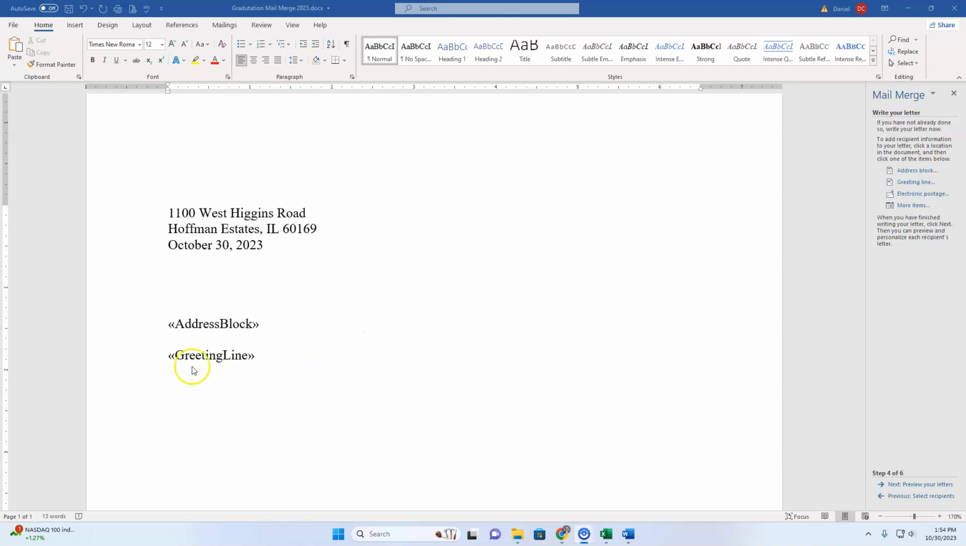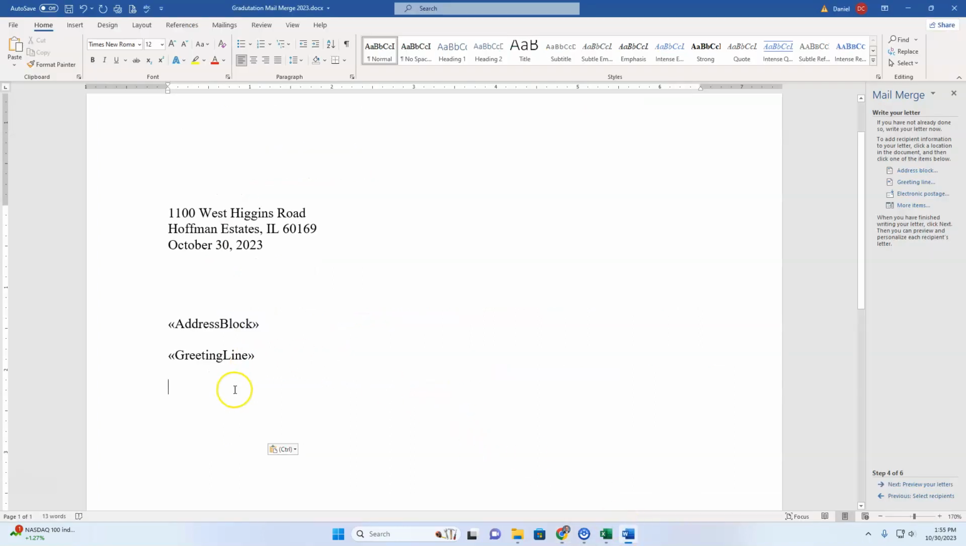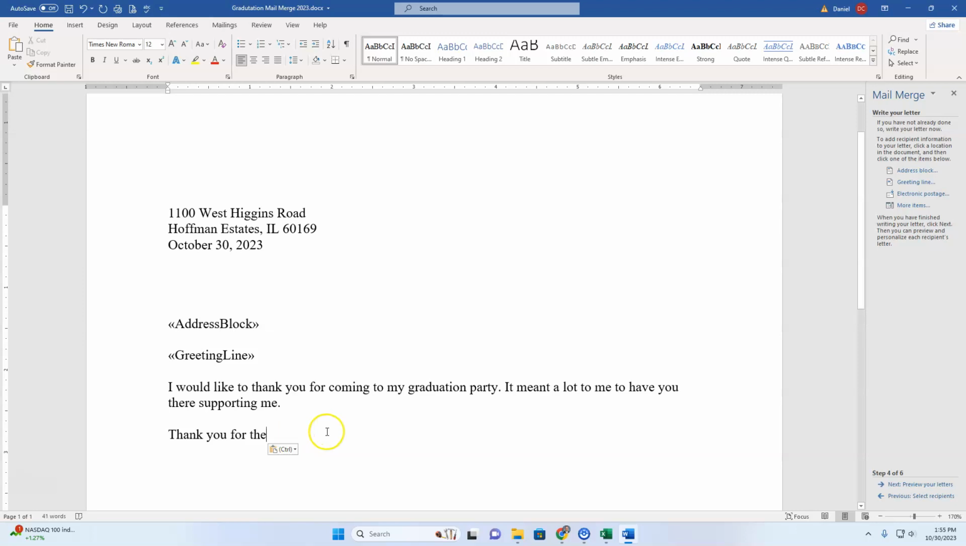Once we have the top section of this letter done, it's now time to start typing in our body, which is right here. So go ahead and pause the video, type in this first sentence all the way up to the word gift. Okay, now that you have all of that typed in, we are going to make sure